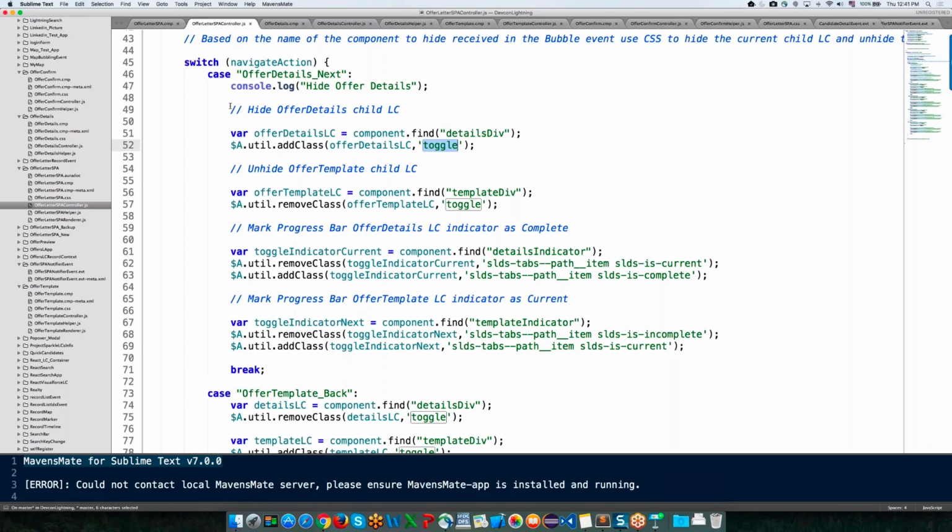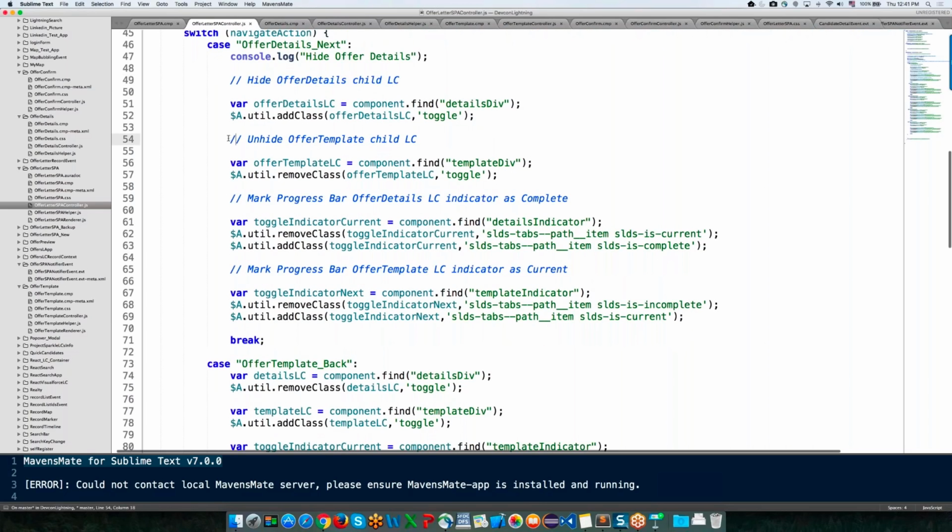So we're going to do that to hide the offer details first child, where the user entered the salary and the bonus. And now we need to unhide the next child Lightning component in our flow. So we're going to use a similar approach: component.find to find the div that holds the second child. But now we're going to use $A.util.removeClass, not addClass, because we need to remove the toggle class to